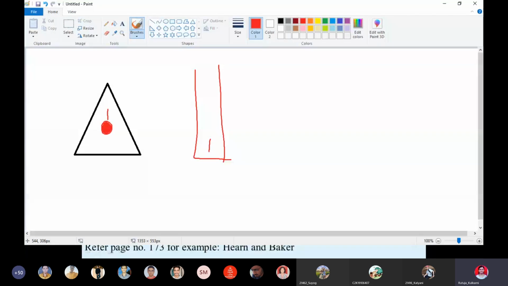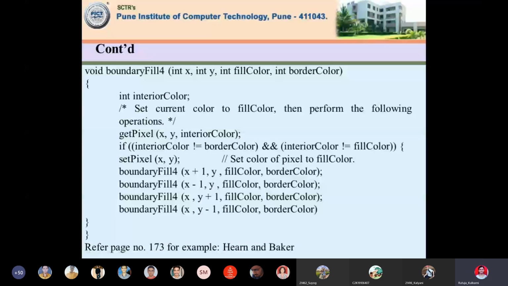Now, how does the recursive algorithm work? Let's come inside the boundary fill 4. An algorithm or a function calling itself is known as a recursive function.